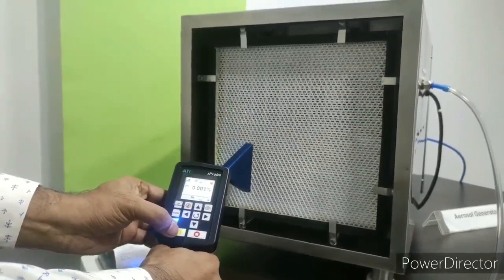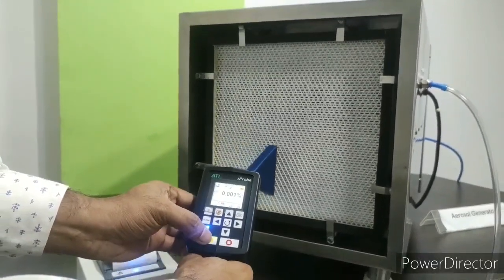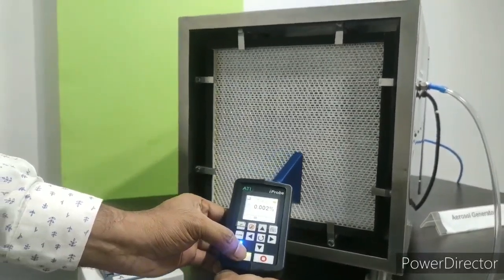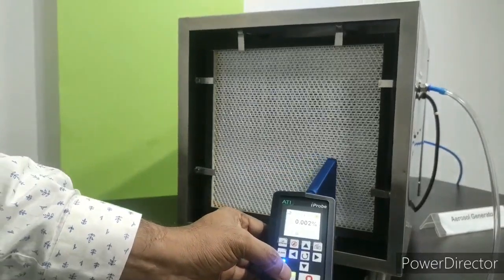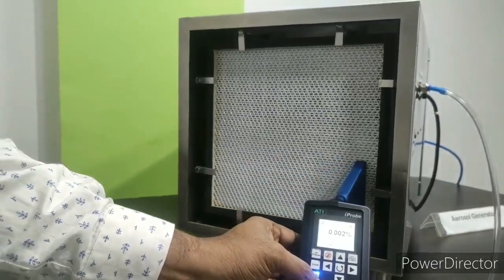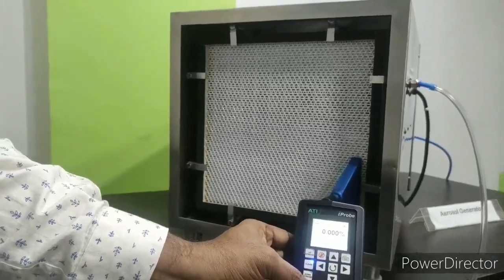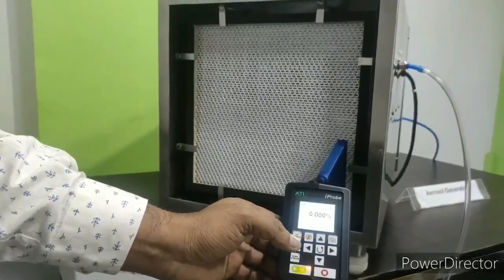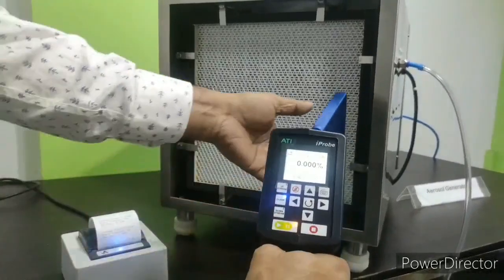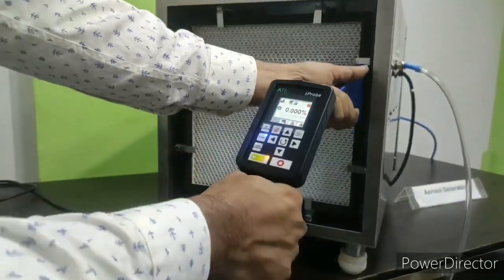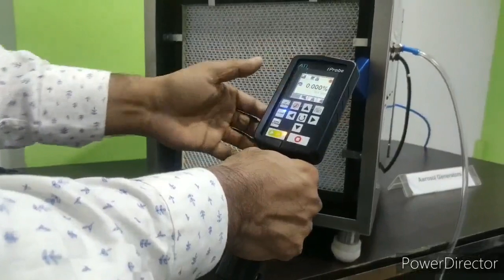So here you can see the filter is showing some readings. Now when I complete my sampling, I will again press this button and press pause. To show you the leakage, I will try to scan the gasket side of the filter.